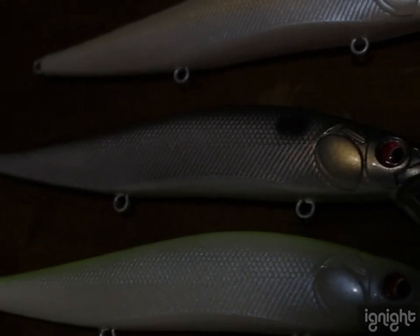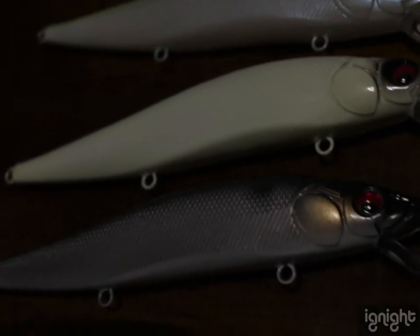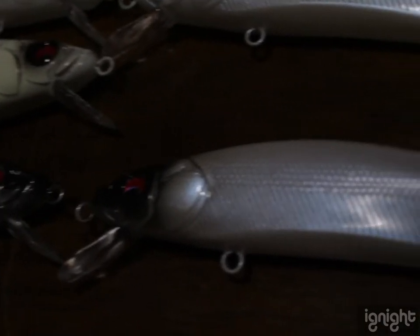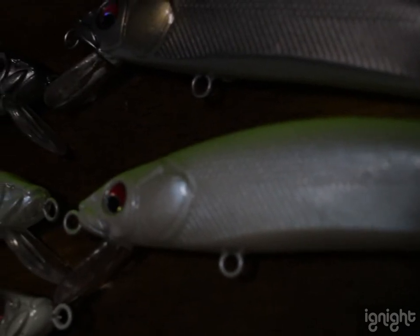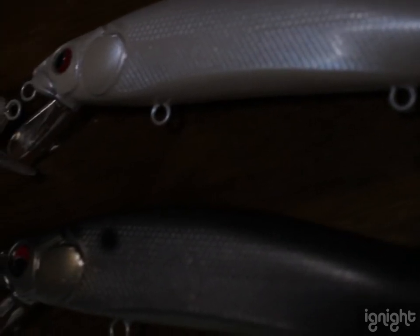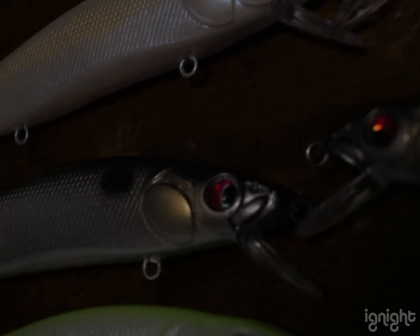And here's the finished product. I wanted to add more light, but they look too flashy. It would remove some of the details that I wanted to show you guys. You can see how the pearls actually give the scales more depth. So that's why I like to throw pearls on my lures, just because it adds